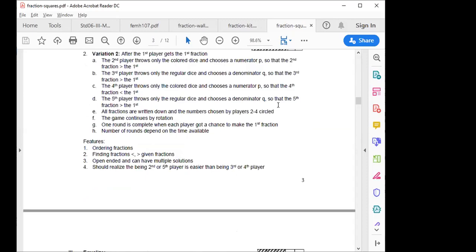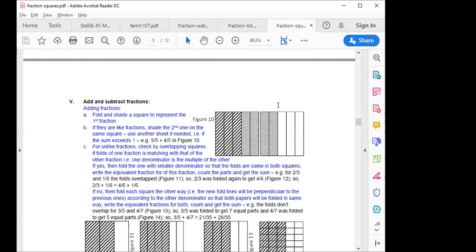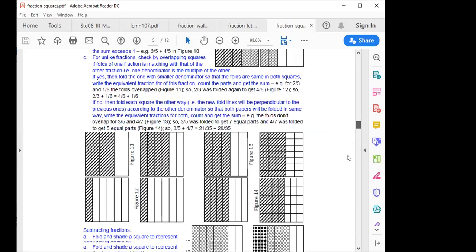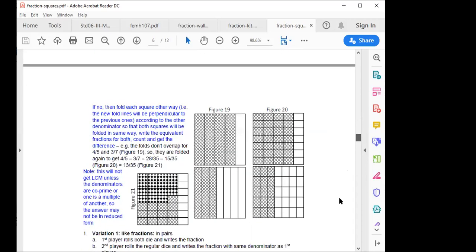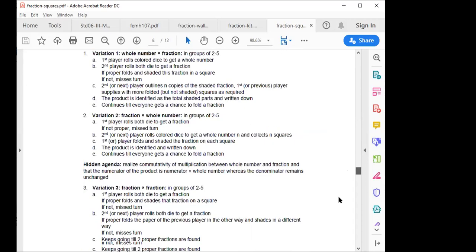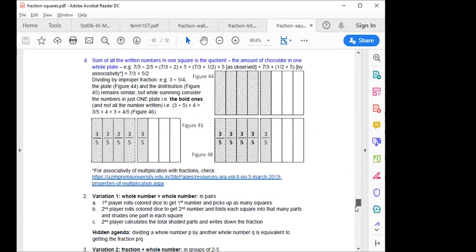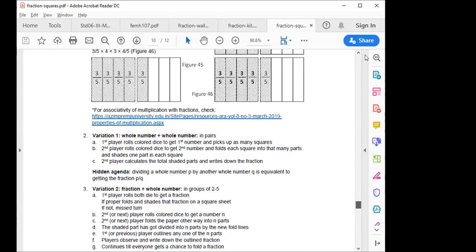Okay, so what I would suggest is make yourself a kit. For fraction squares, you need to basically take a meter by 29.7 centimeters. Don't believe me, actually measure and see. Then you need to make 21 centimeter by 21 centimeter squares out of them, and then you get to play around with them. So these are activities and games which are, as you can see, full of pictures. But as you play with them yourselves, you will get a better sense of it. So do try this out.